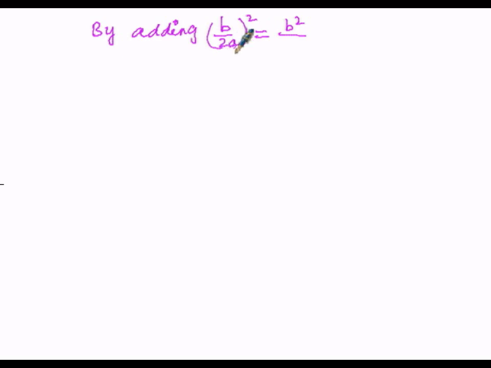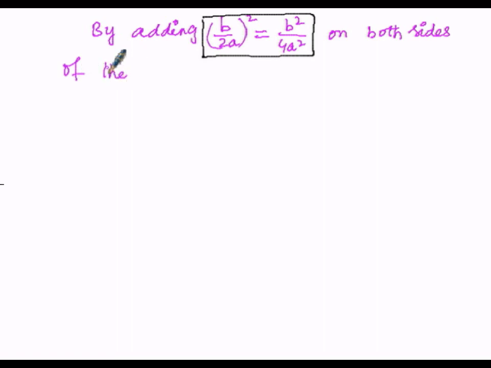So 2a must be repeatedly multiplied twice, 2a into 2a, that is 2 square, 2 squared is 4, so a square, that is a square. So we are going to add b square by 2a square, which is nothing but b square by 4a square, on either side of the equation, by adding b square by 4a square on both the sides of the equation, then that implies